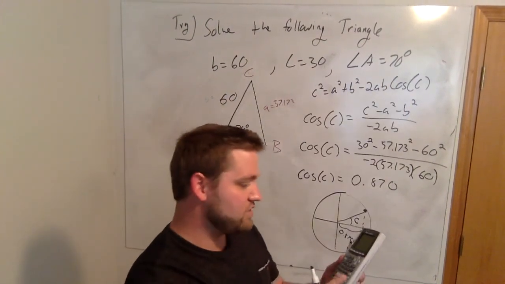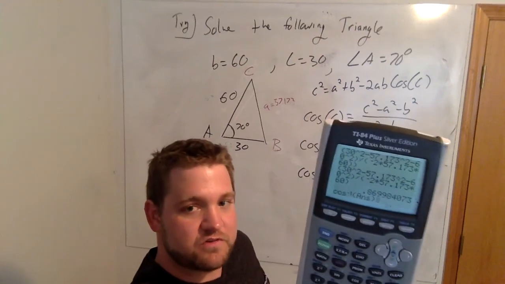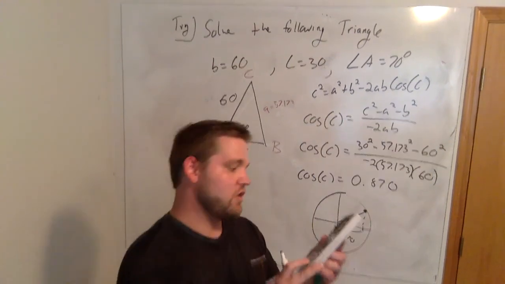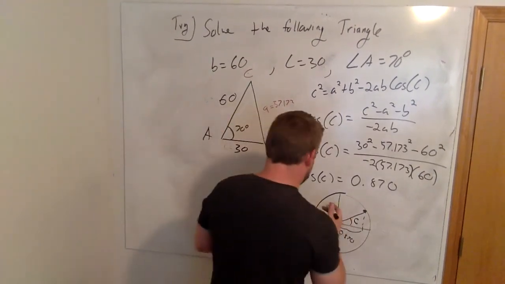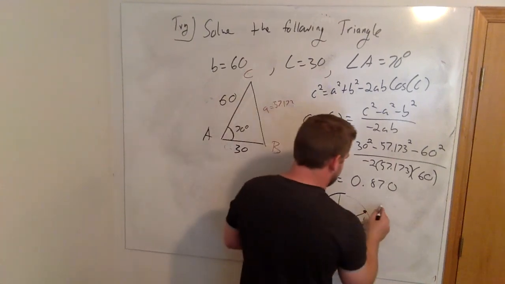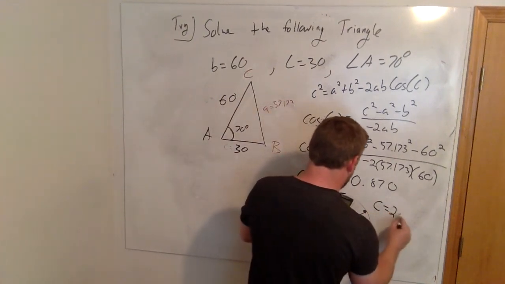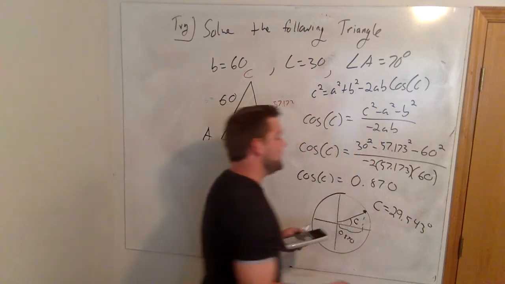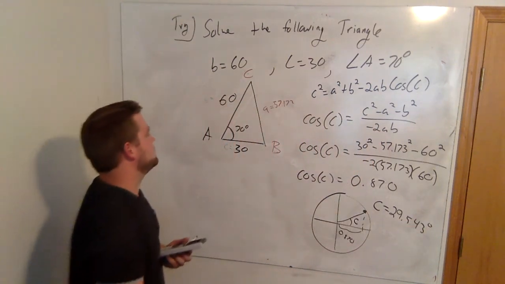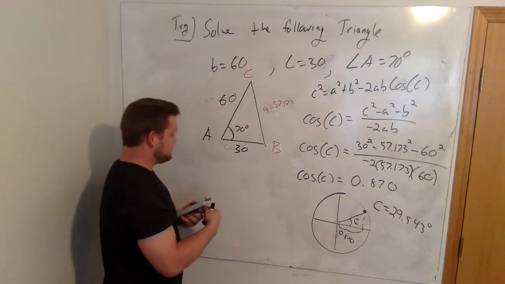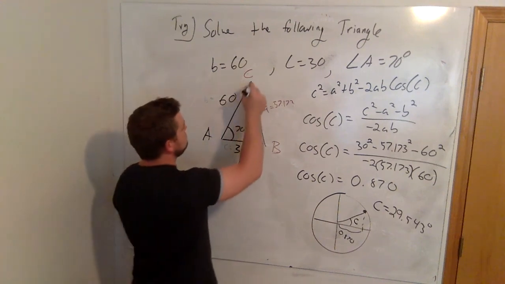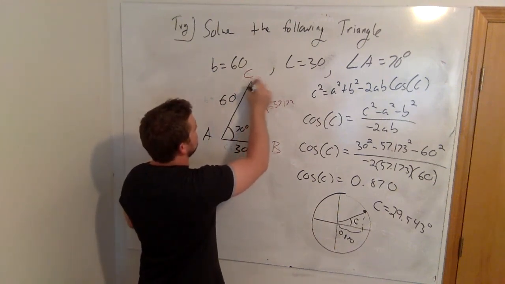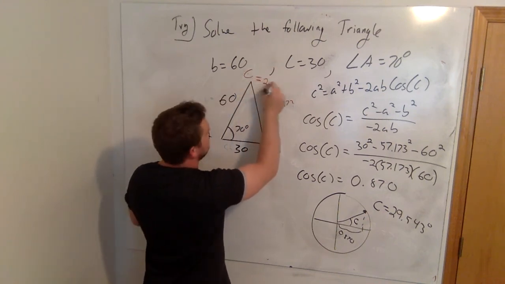I can close the parenthesis. You probably don't have to close it, but I'm paranoid with parentheses. I'll go ahead and enter, and it's going to give us that C is 29.543 degrees, an acute angle, which is what we expected. Awesome. So we know that this angle here, C, is